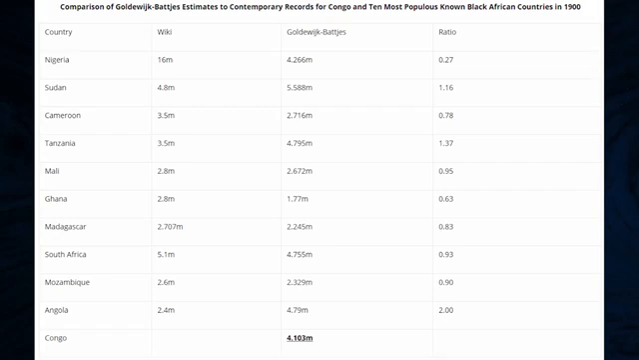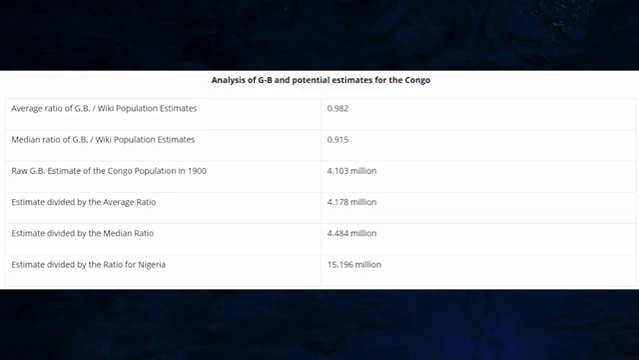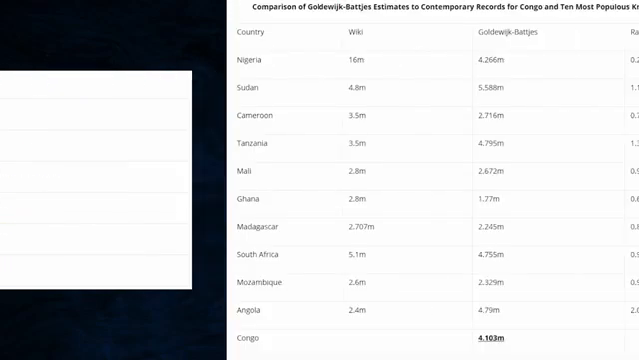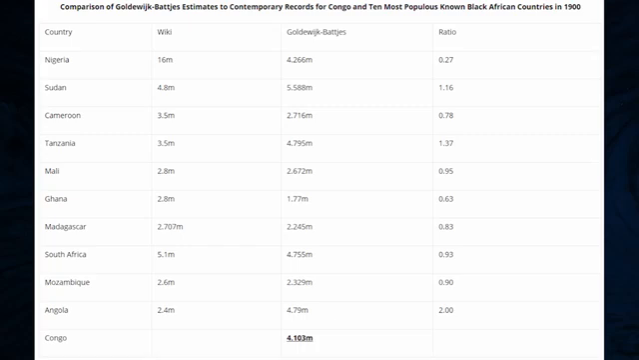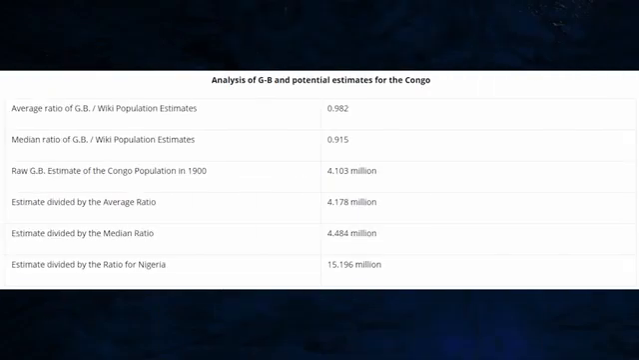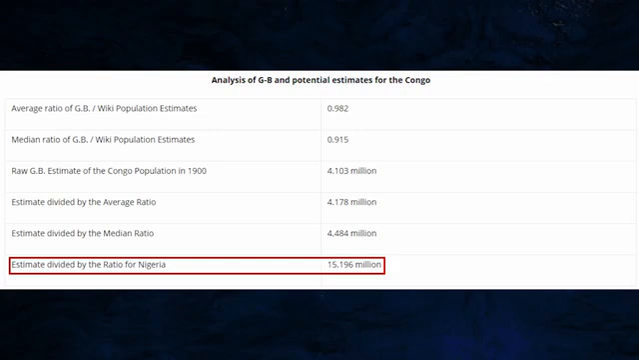And so to harmonize the Goldwick-Bax Congo result with the Wikipedia result, we can divide the Congo number by the average ratio and the median ratio. In addition, just to get an idea of the maximum discrepancy, we can see that the Goldwick-Bax number for Nigeria is only 0.27 of the wiki number. And if the Goldwick-Bax Congo number was divided by this, it would give an estimated population of the Congo of 15.196